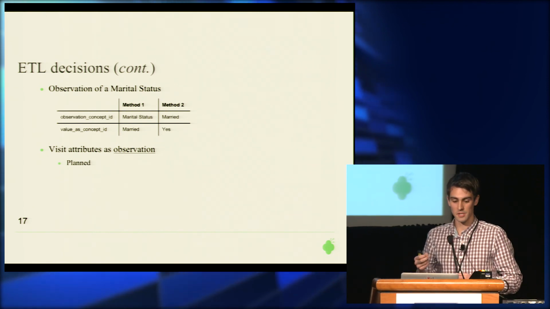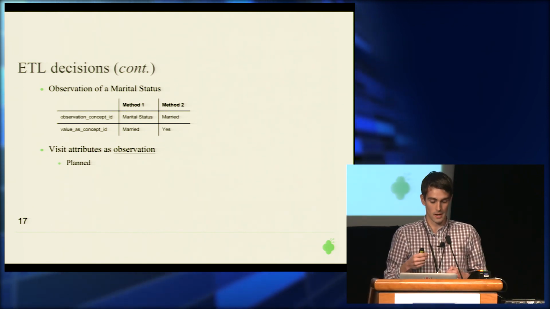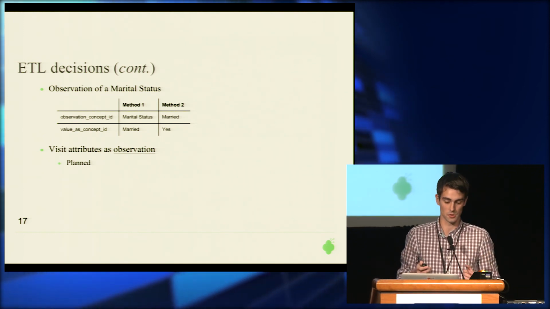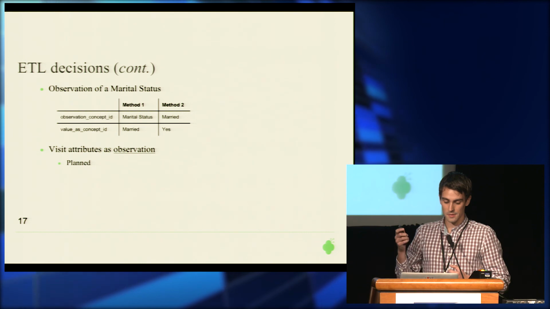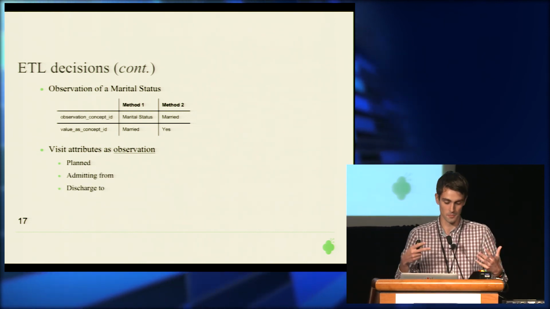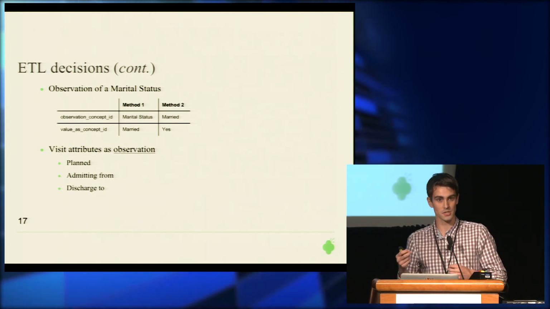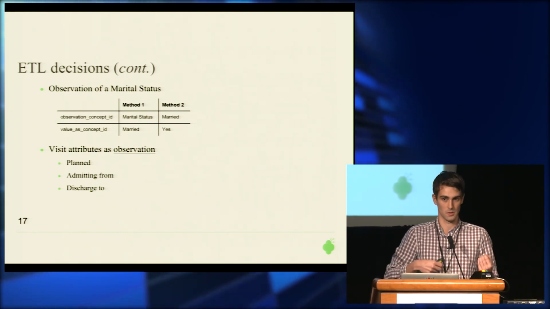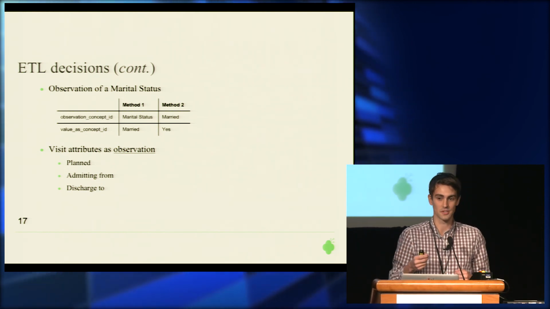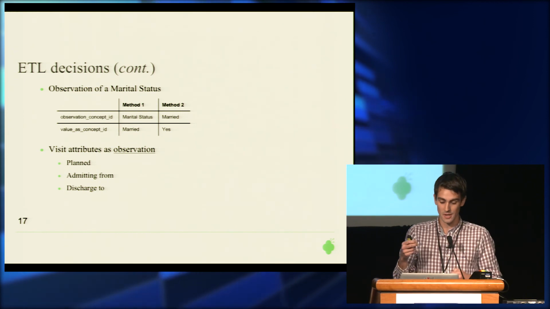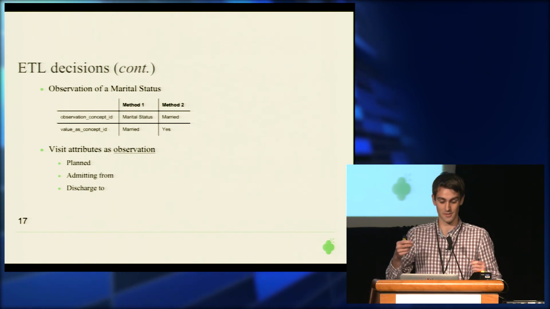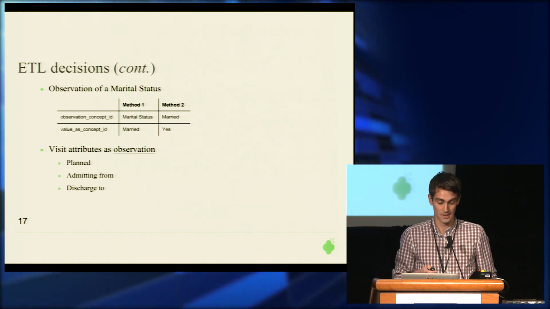Lastly, we missed a few visit attributes. One of these was whether a visit was planned or not, so we stored it separately as an observation. And also 2 other visit attributes: the admitted from and discharged to concepts, so the place where someone was coming from or going to. And actually, these are now included since the last release of the Common Data Model. So we're really happy with that, although we do have to adjust the ETL again now that this has come up. Thanks for